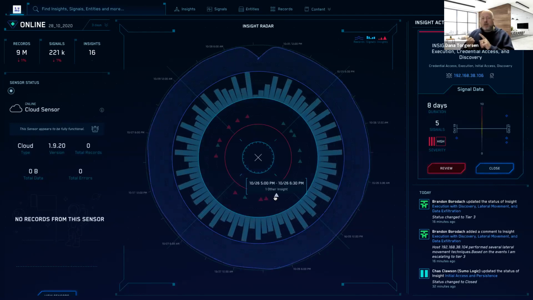It's just in a category other than in progress. It's a custom category. And finally, you see these red triangles. These are insights that are new. These have not been taken ownership of yet. These have not been moved by one of the team members into in progress or other,